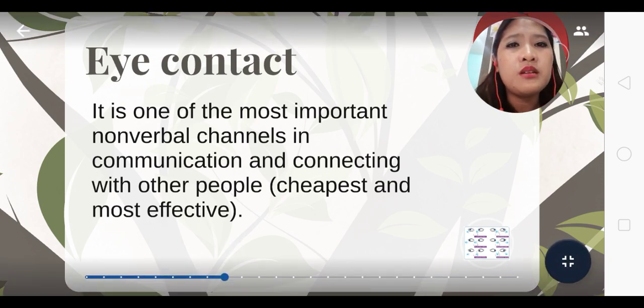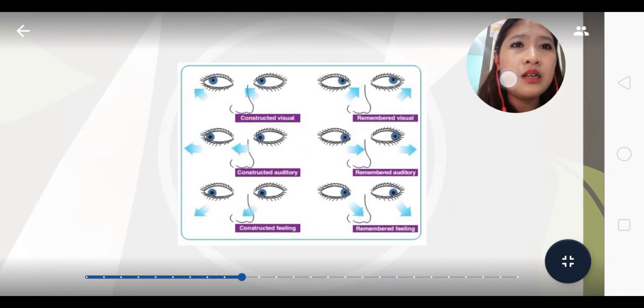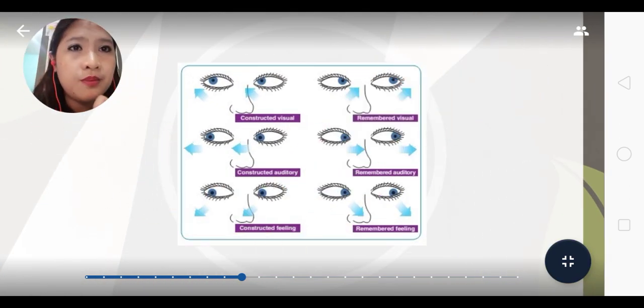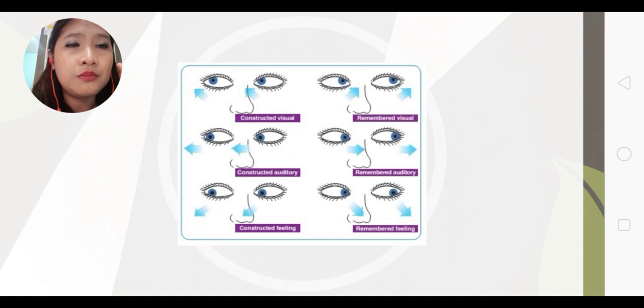So, eye contact can also be related to the relationship of two people. That's why when a stranger establishes eye contact with you and prolongs it, there is a feeling of discomfort because you're not that close to that person yet. So let's have a graphic here. These are pictures that present the meaning of the movements of the eyes.